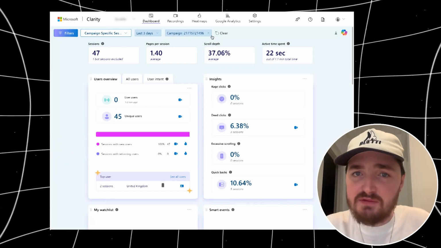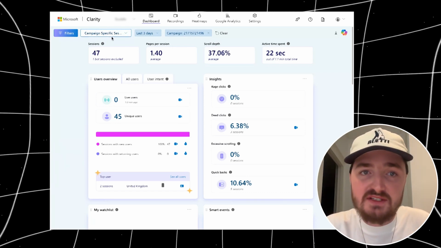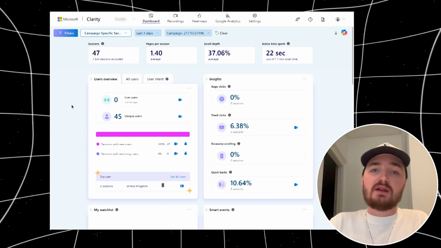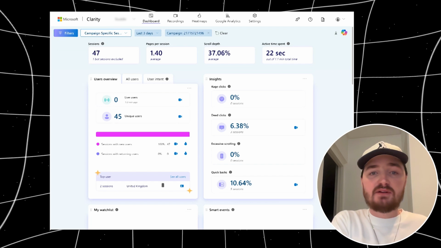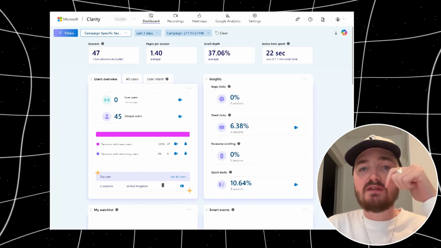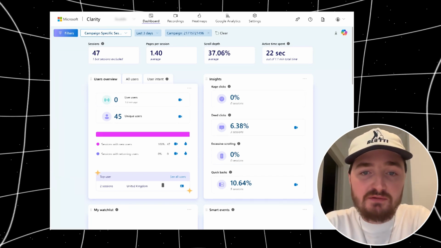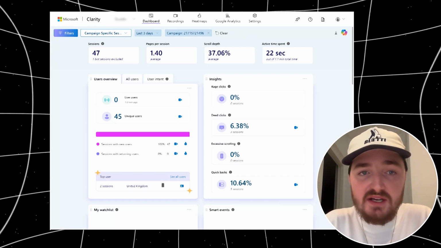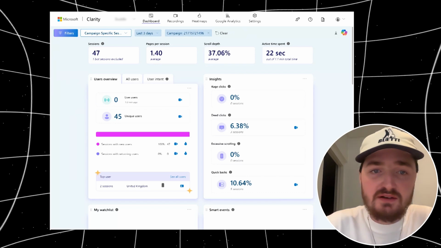You can see up here, we've got our campaign ID. We've saved this as a segment up here. So we're able to quickly determine, right, this campaign has led to this amount of unique sessions and this is the user behavior. So this is for a client of ours that we've recently onboarded last week. So we don't have a ton of data, but yeah, if you have a look at it here, the first